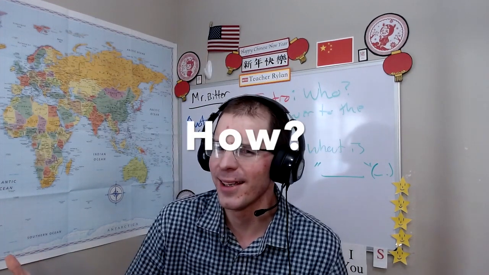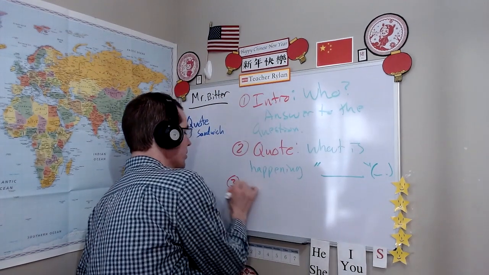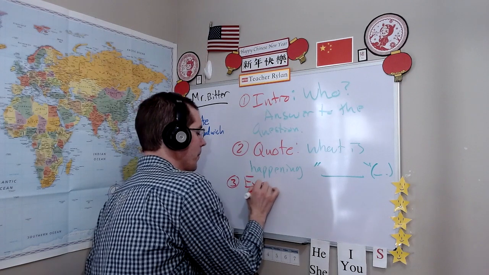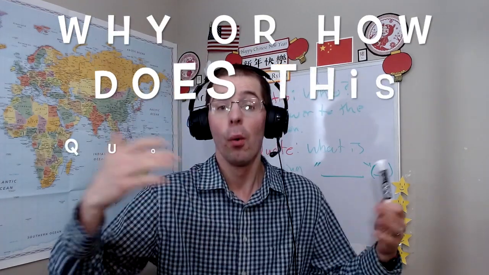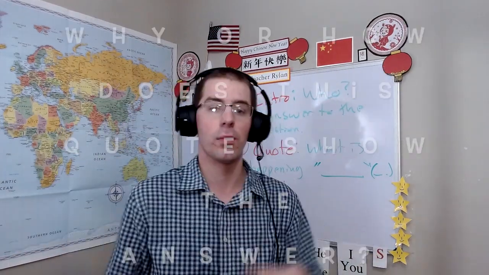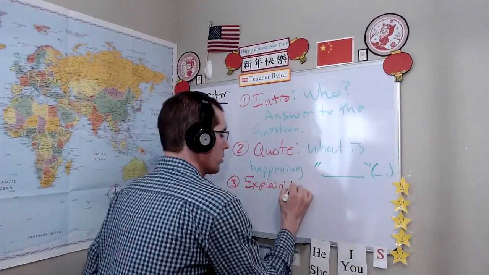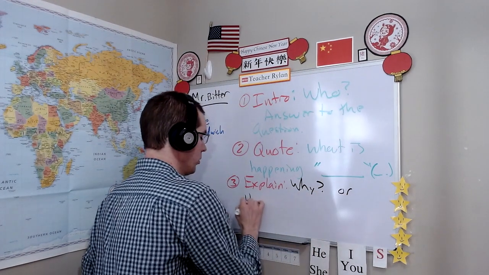Lastly, we get to do our explanation. Now, remember those questions? How, why? I'm always asking them how and why. That's where we get to do this. So last but not least, we get to explain. When we go to explain things, we are going to answer the question, why does this quote show that answer? How does this quote show the answer? So, why or how